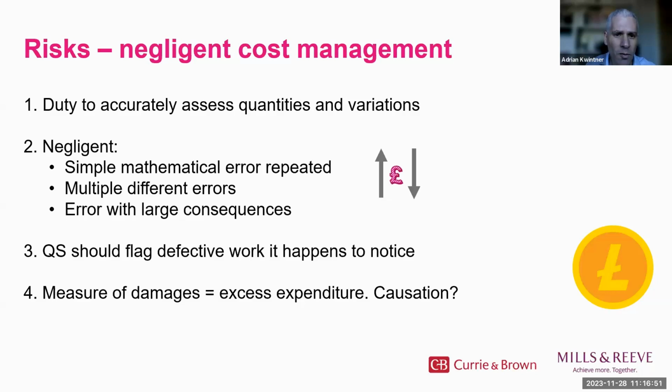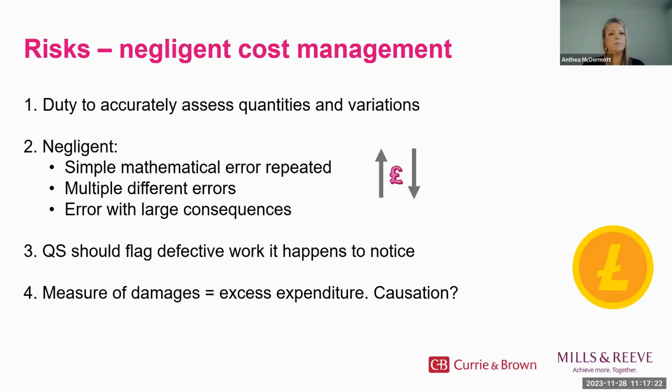The QS may also be liable if they don't flag any defective work they happen to notice that the contract administrator may have missed. But the QS will have some protection because it's the contract administrator's role to approve the quality of the work. It can be difficult for the employer to demonstrate more than nominal loss for a QS's assessment of interim valuations, since if the errors are discovered in time, appropriate adjustments may be made